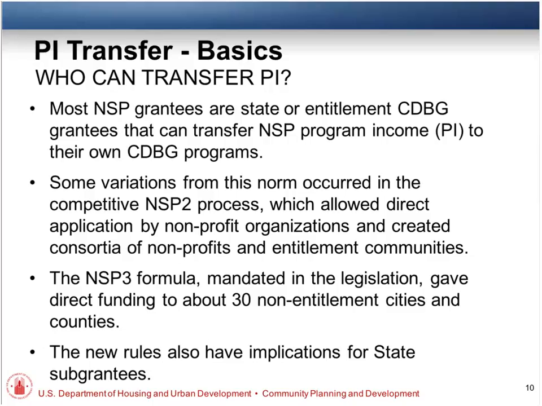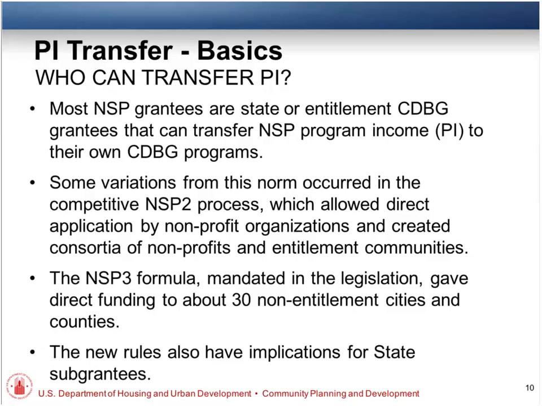And that is probably all but 50 or 60 or maybe 100 out of the 600 grants that we have. In the NSP2 process, we had direct application by nonprofits and consortia of nonprofits and entitlement communities. And so these get a little confusing, and we'll try to untangle that for you.